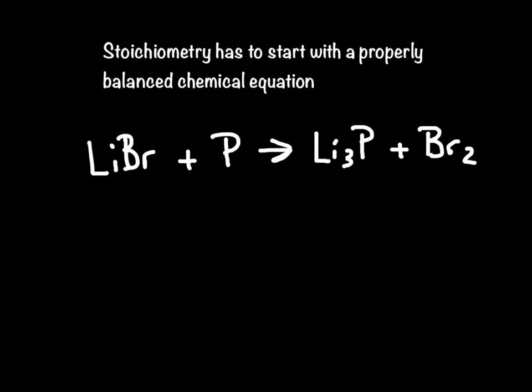I'm going to start with the metals, which is my lithium. I have 3 lithiums on the product side, so I'm going to put a 3 in front right here. And that makes my phosphorus okay. My bromine, though, I have 3 on the reactant side and I have 2 on the product side, which means I am going to have to change this 3 that I put right here and make this into a 6